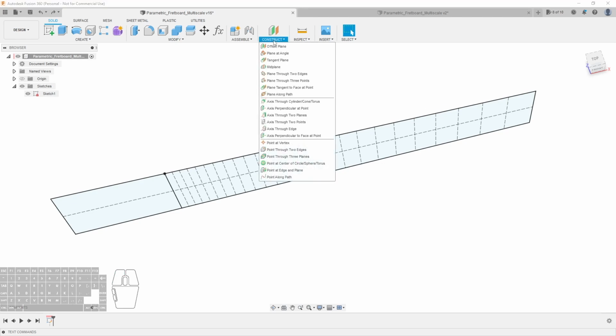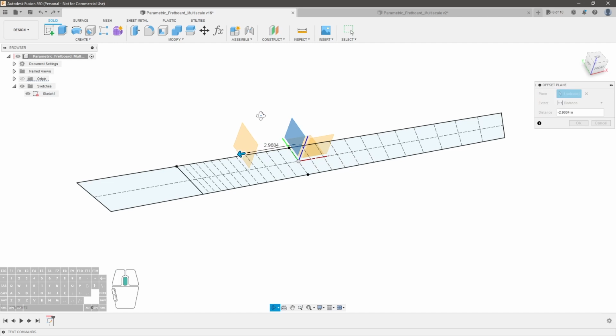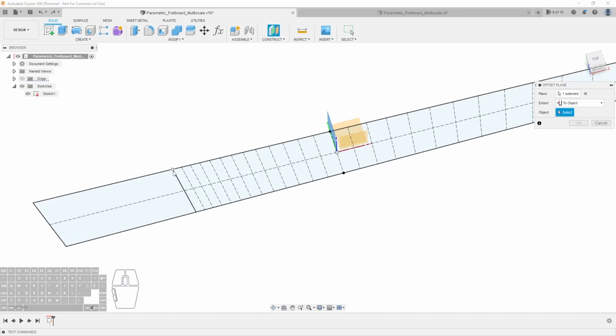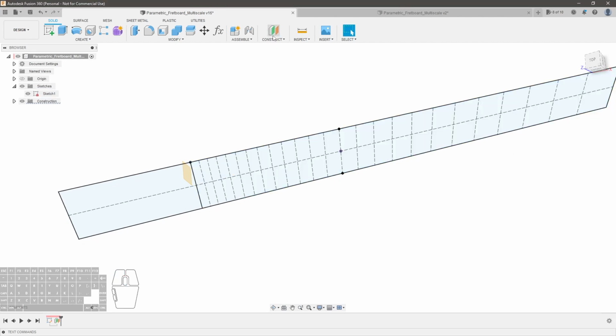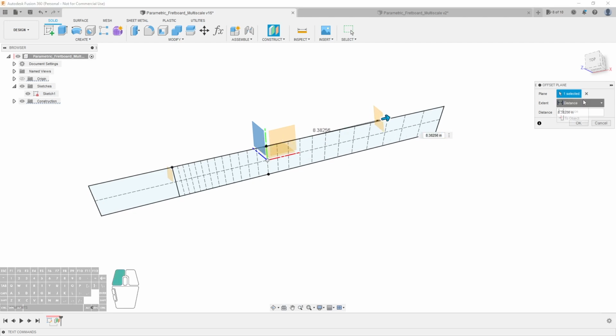So let's go ahead and create an offset plane from the center, and we're going to do the nut or the heel side first and then the nut. And let's drag it this way, and we're going to say to object, and we're going to select the point at the furthest end on the heel side of the low E scale length. So we're going to say that point right there and hit OK. And we're going to do the exact same thing for the nut. We're going to drag it this way and say to object, this furthest point of the low E side